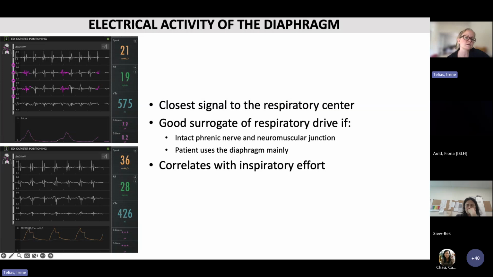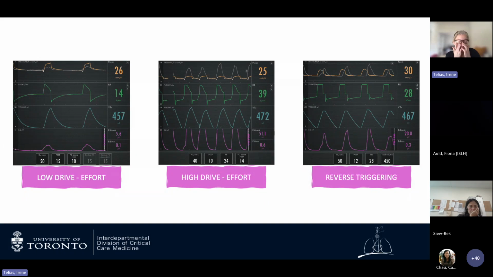So it's a good surrogate of respiratory drive if the patient is using primarily their diaphragm and if the phrenic nerve and the neuromuscular junction are intact. If you have any disease that would affect that, it's not measuring respiratory drive. And it does correlate with inspiratory effort. And here I put some examples of a patient with relatively low drive and effort. You see 5 microvolts of EDI peak, very high effort. Here you see 50 microvolts of EDI peak. And this is, let's say, an intermediate effort, but with what we call reverse triggering, which is a type of patient ventilator